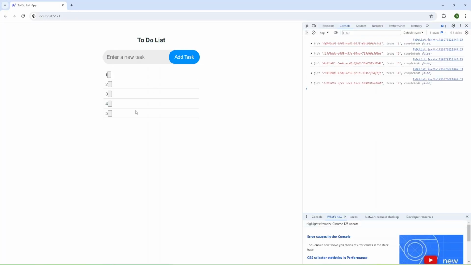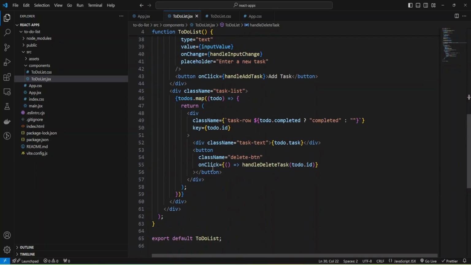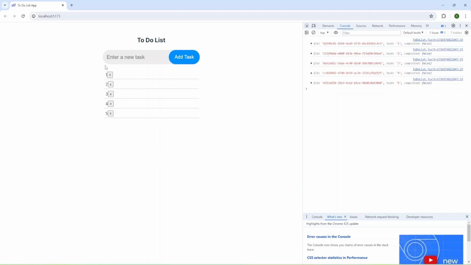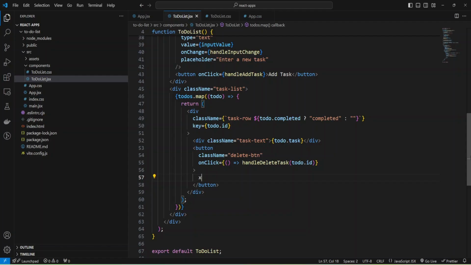As you can see, we have our button, and we can provide some text to our button, just X. Okay, we have our text, and as you can see, pressing the button removes the task to do from the array. And I can add more tasks. And now we can adjust our styles.